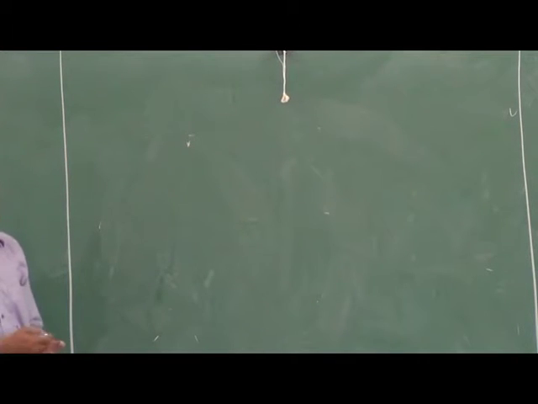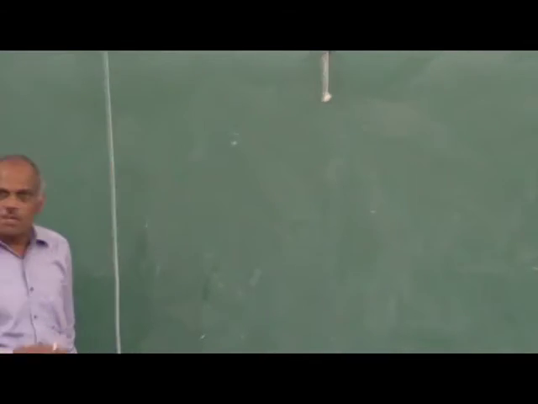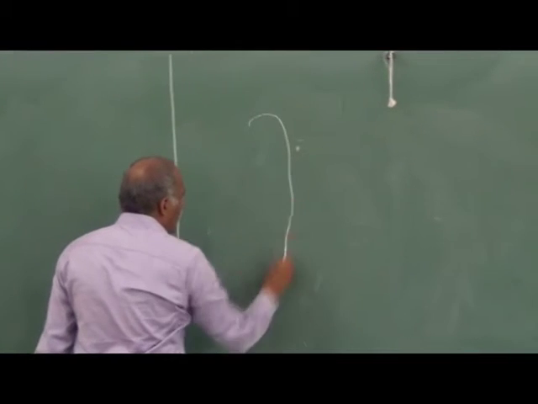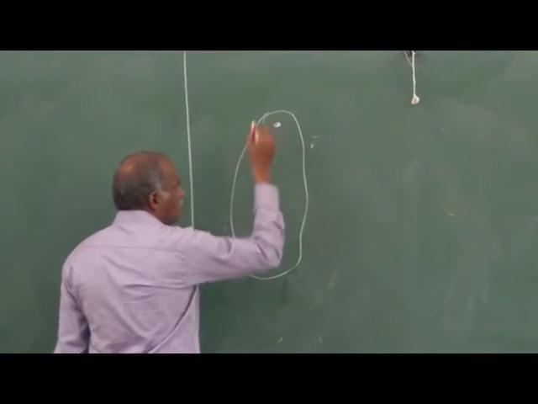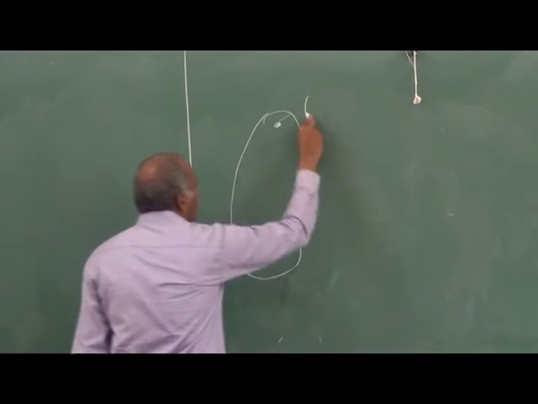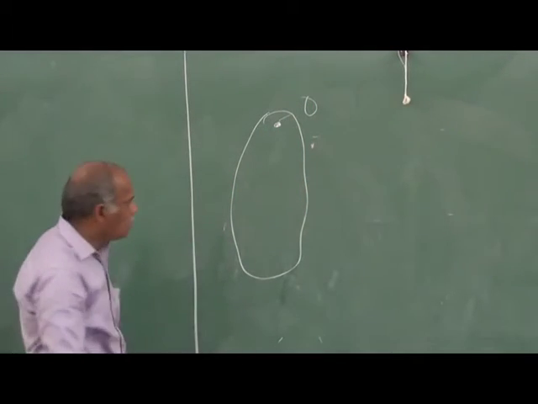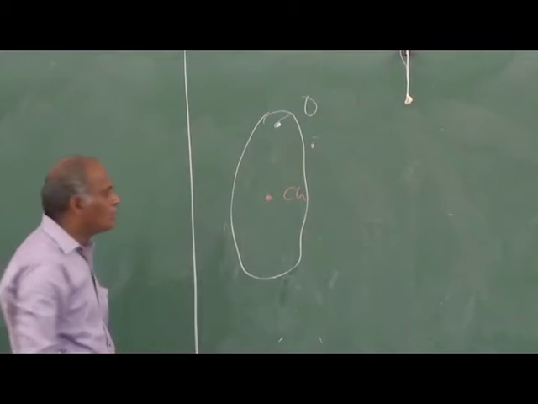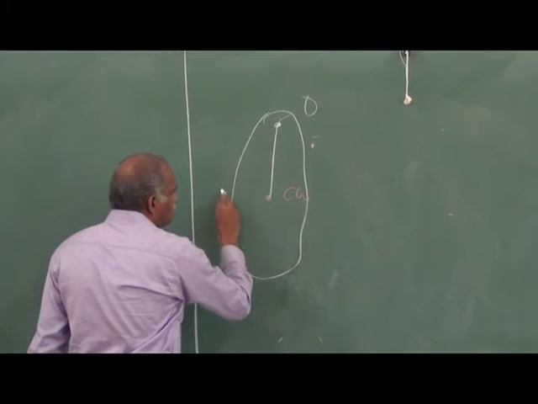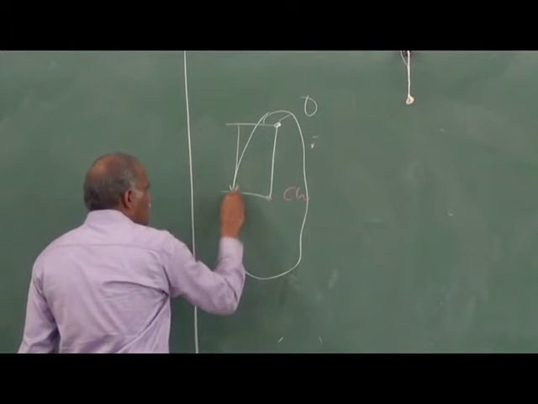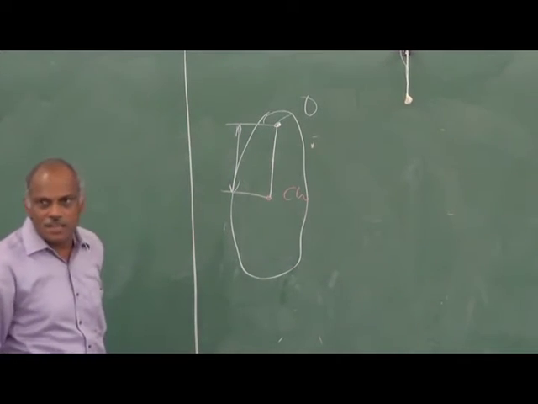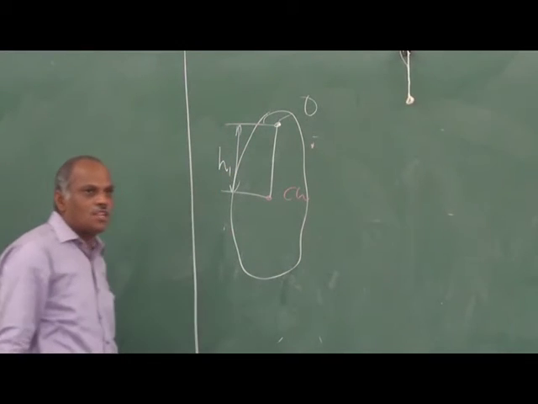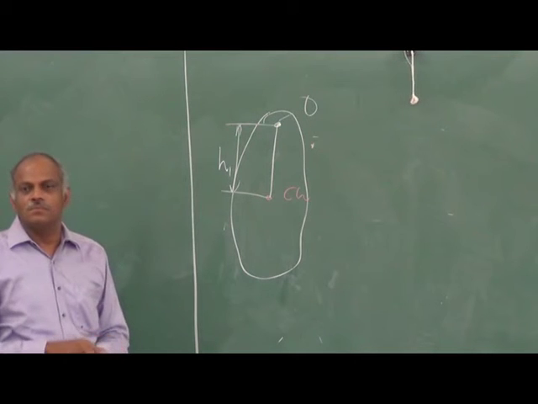Now the concept of simple pendulum and compound pendulum, we discussed that in the last class. Suppose I have a compound pendulum like this. This is supposed to oscillate about this point O, and your center of gravity is here. Then the distance between these two, in the earlier calculation I have taken that as a length L, but here I will take that as H1 for a particular purpose.